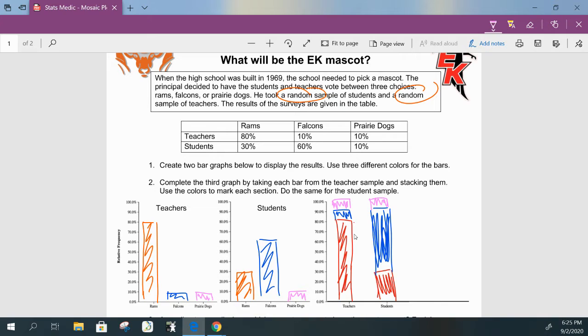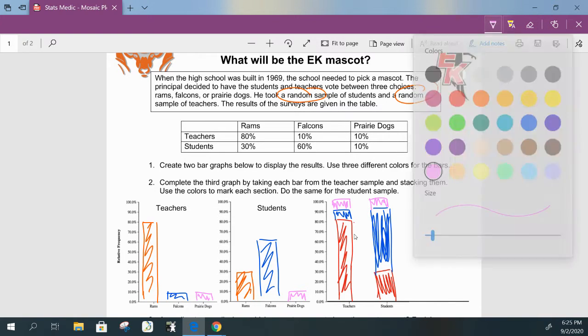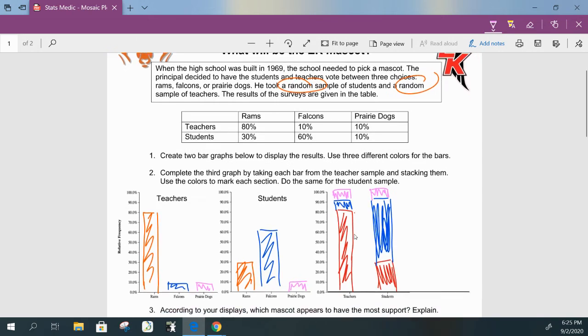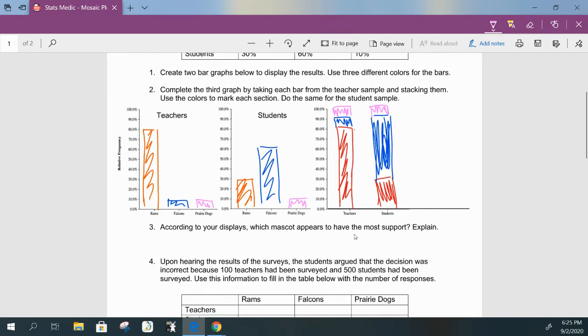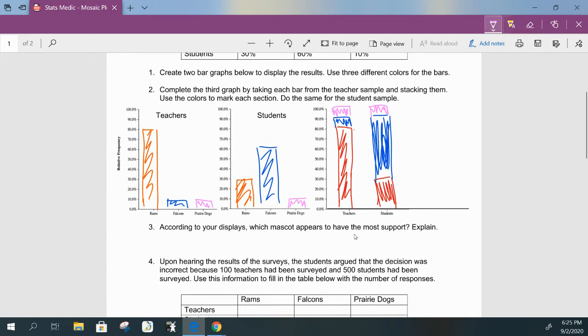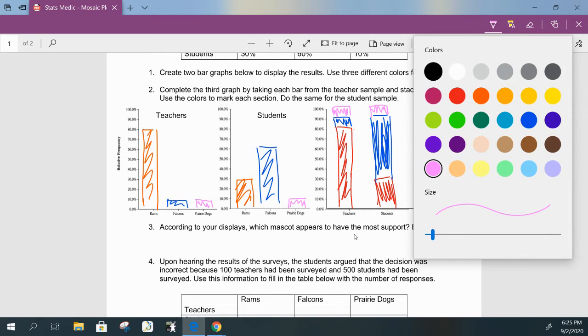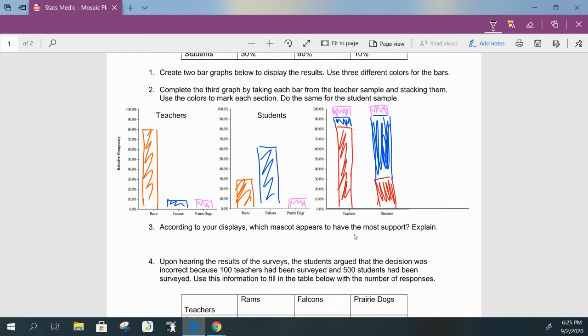Well, here's the thing. There's a lot more students on campus than there are teachers. So when we get to number 5, we're going to come back to this and make some adjustments. According to your display, which mascot appears to have the most support? So based on this, it looks like Rams. If you look at these guys and these guys combined, that's more than the blue and the blue. So it appears that the Rams,